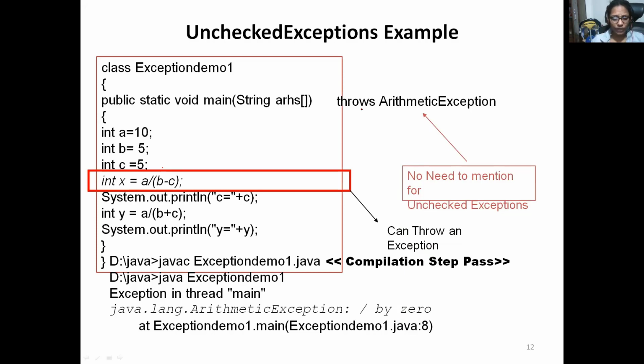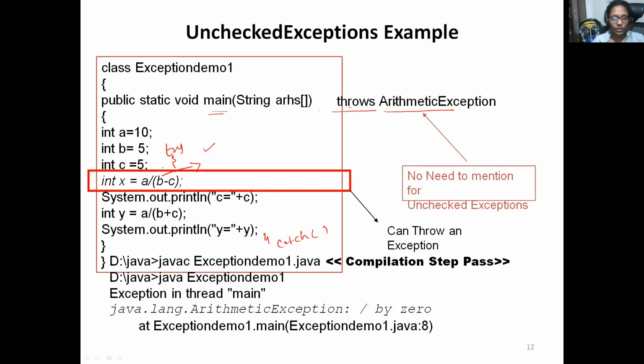So one way is using try catch, where at this statement I will get the exception. So this statement I need to keep in the try block, followed by catch. This is one way of handling. And what is the other way? If you don't want to handle, you should inform your default handler. How to inform? In this main method, this program may throw arithmetic exception,